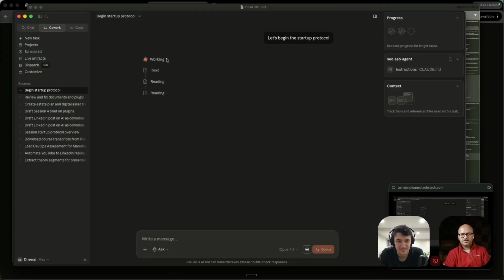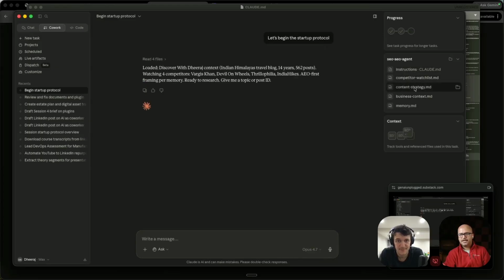Now it has started reading, and you can see quickly on the right hand side as well, and apologies to people watching on mobile, you are seeing all these files being loaded. It has loaded the context, and it says I'm ready to research, give me a topic. That means our whole startup protocol has been successfully executed by the agent.